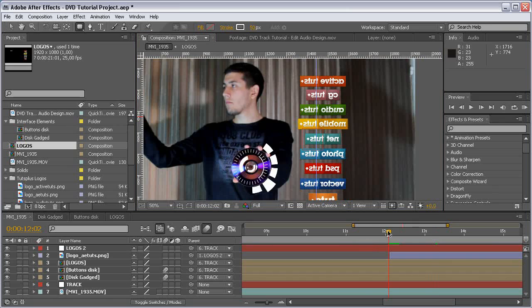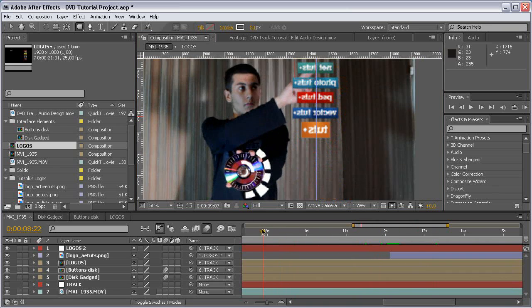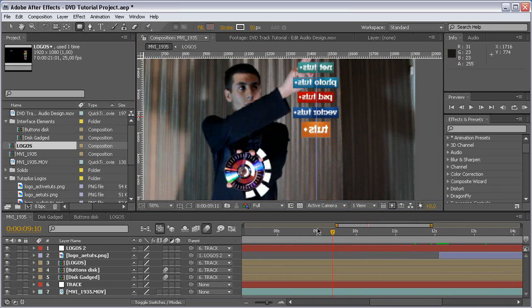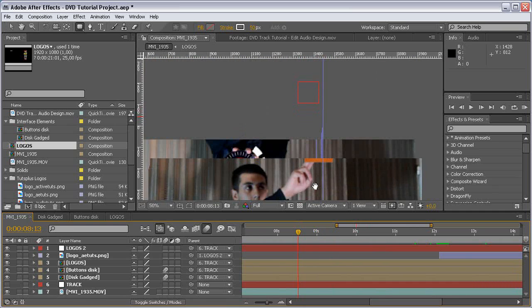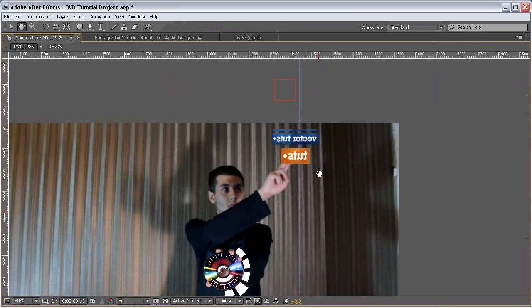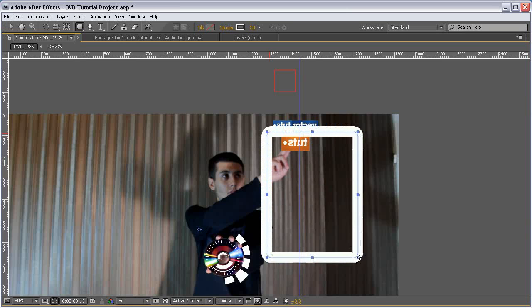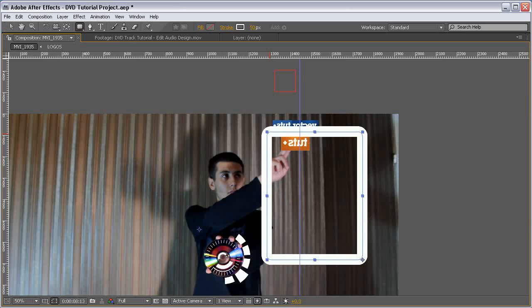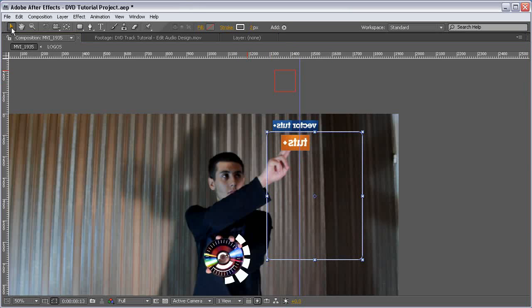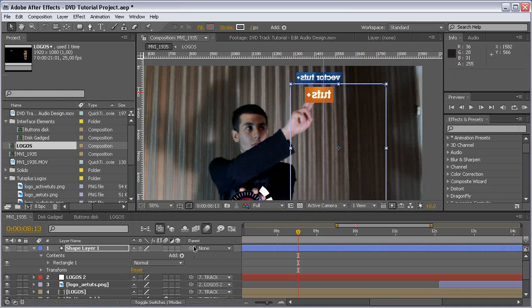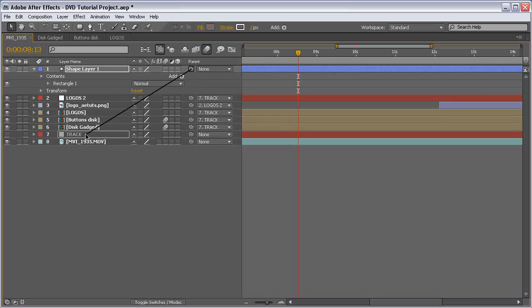So let's come to this point here, and let's see, our panel has a bit bigger stroke than we need, but we are going to readjust that and set the stroke to 2 pixels and link it to the track,